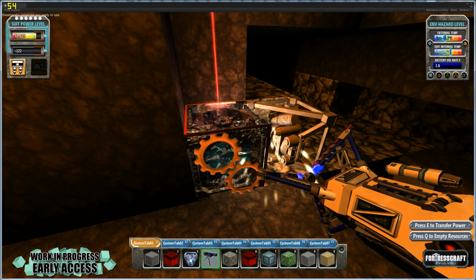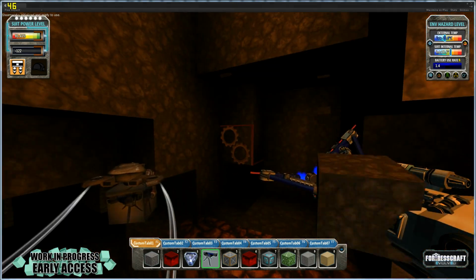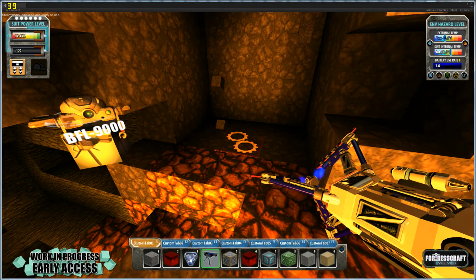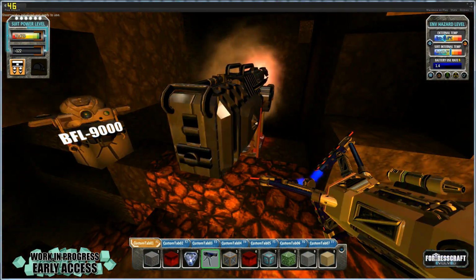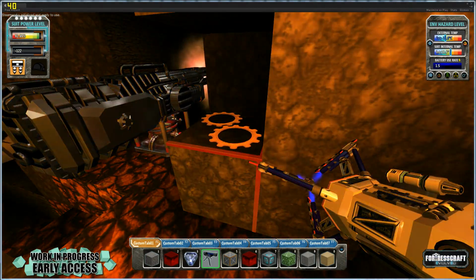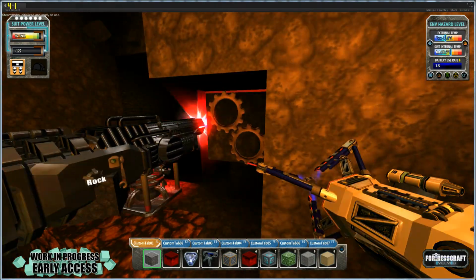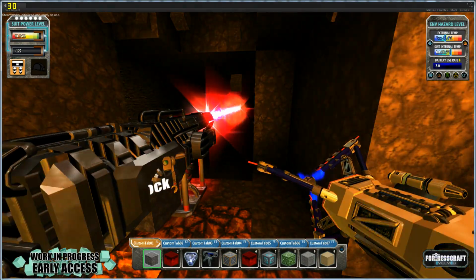The ore extractors don't really use that much power. The mining laser, on the other hand, will use an awful lot of power. So if you know that bit in Evangelion with the big gun that took all the power of Tokyo, that would be how it would be. Yeah, my stream's dropped as well, by the way. So I'm not sure why. I think Twitch is... I know they're trying to fix some issues with...